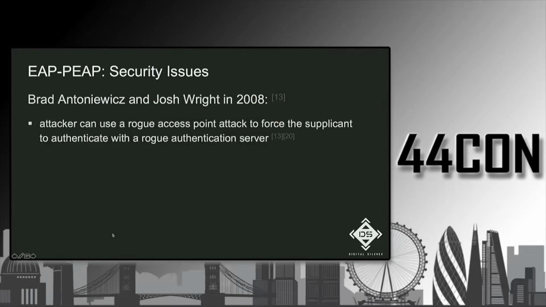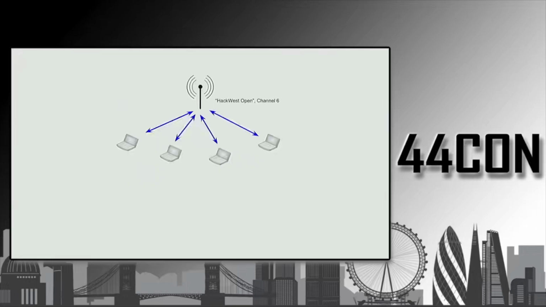So there are some issues with this process. Brad Antonowicz and Josh Wright back in 2008 actually demonstrated that you could use a rogue access point attack to force the supplicant to authenticate with the rogue authentication server. By rogue access point attack, what we mean is there's a style of attack, with different variations of the rogue AP